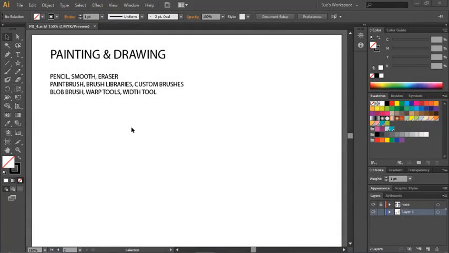This lesson is going to be a lot of fun because we really get to get into the details of working with painting and drawing tools. We're going to start working with the pencil tool, and for the pencil you do not need a fill. Just choose a stroke color that makes you happy. So how about if we work with red, and we'll grab our pencil tool and just click and drag and